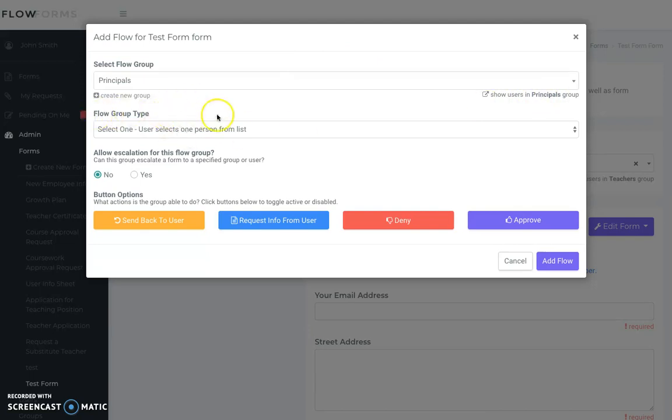And now for the flow group type, there's only 4 options. There's select one, which means that the user selects one person from a list. So they would get a list of all the users that were in principals, and they would be able to select their principal from that list. There's select multiple. Select multiple means that the user can select multiple people from a list. So instead of being able to select one principal, they could select multiple and have their form go to all